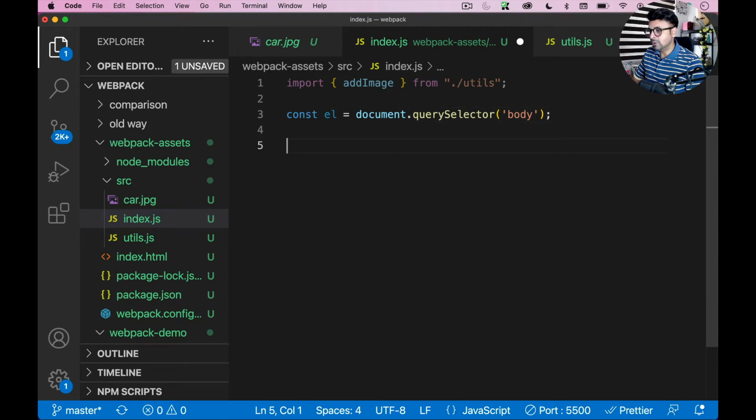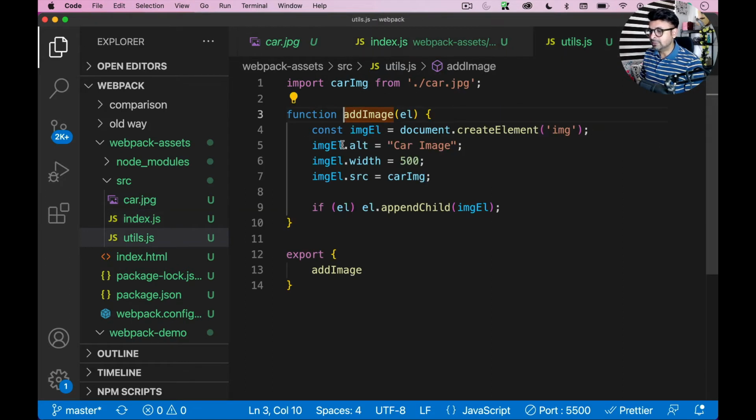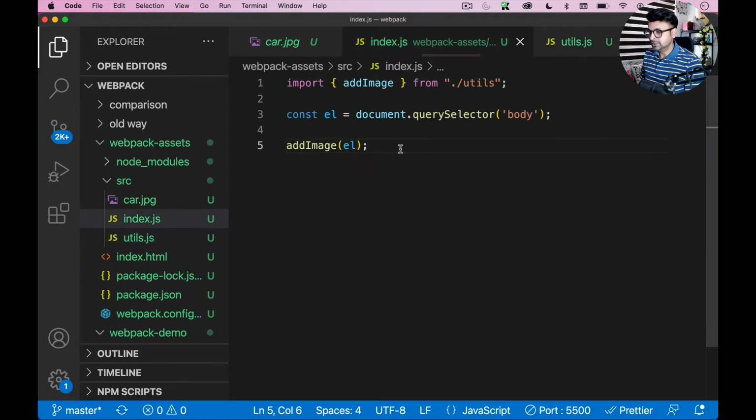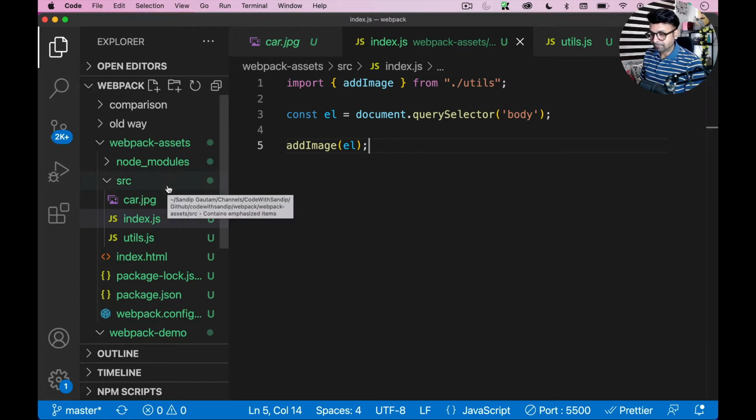And now if I call the add image function, and pass the element which I have, that's a body element, right? So add image is going to get this element. It's going to create an image and append that into the element which I have passed here. But if I go back and run, first of all, I need to create my bundle.js